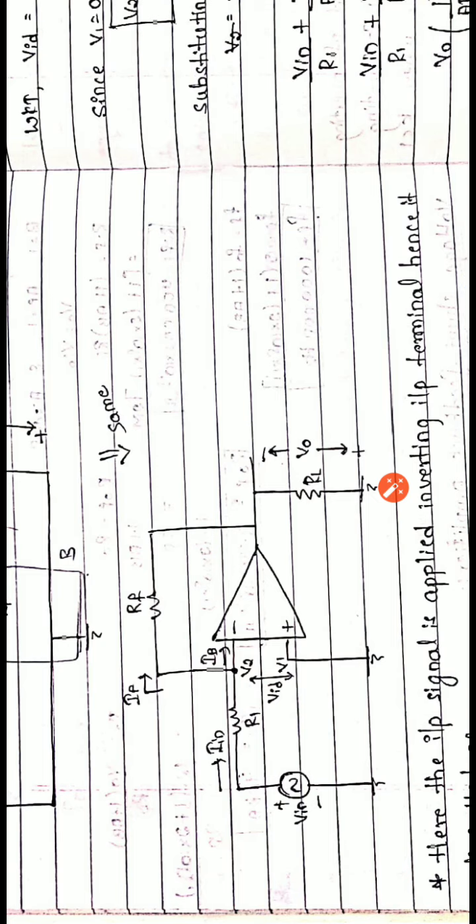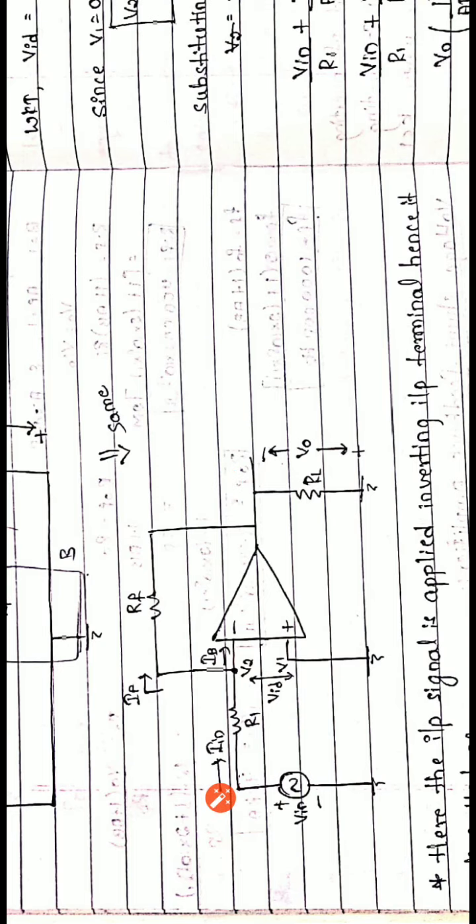First, write the definition: this is an inverting amplifier which generates a 180-degree phase shift between the input and output terminal. Second, Vin is connected to the inverting terminal of the op-amp, hence the name inverting operational amplifier. Third, the feedback resistance RF is connected between the output and input, hence it is called the feedback resistance RF, between the output terminal and input terminal.